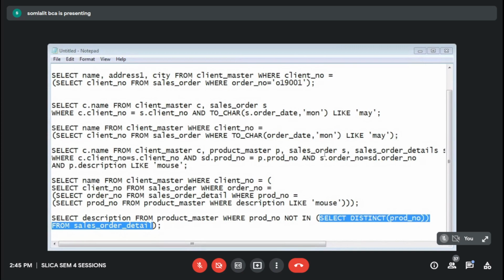इनर क्वेरी का आउटपुट समझो तभी आउटर क्वेरी का समझ पाओगे। So in your inner query, you get the list of all the product numbers which are in the sales order detail table. I want the description whose number is not present in that list. That's why we are saying not in. अगर ये products find करने हैं, I want to find out the product names which are sold. Then what I will write here? If I want to find the name of products which are sold, then what should I write? Remove the